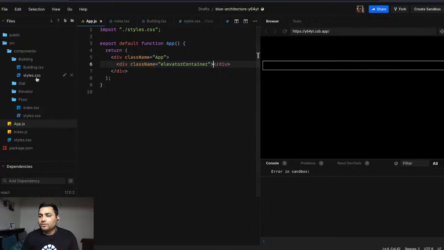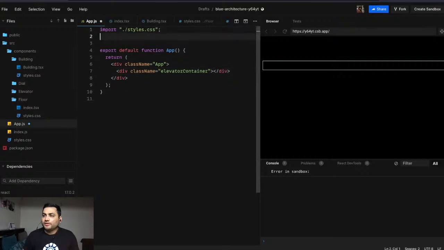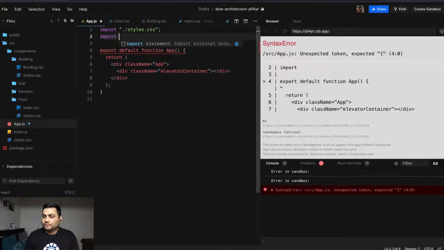Okay, fine. So I've not imported anything, right? So I have to just import building from